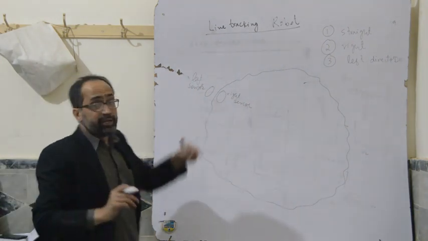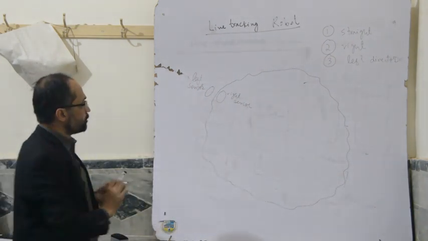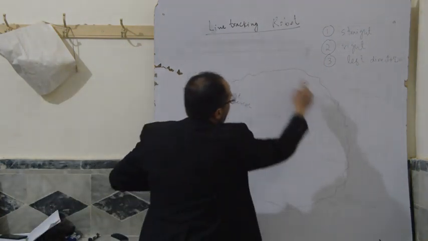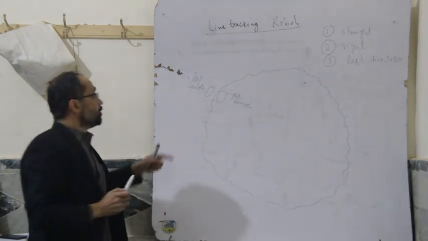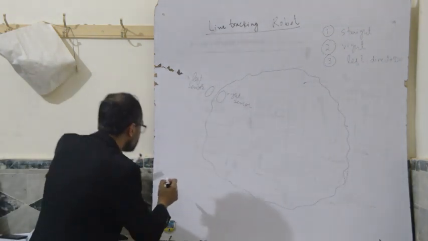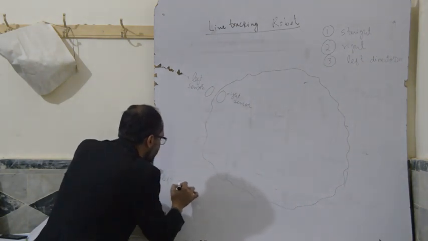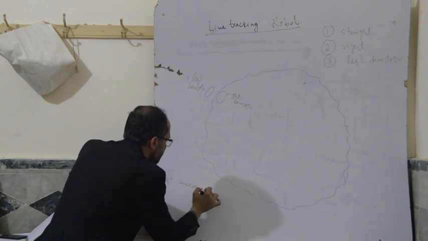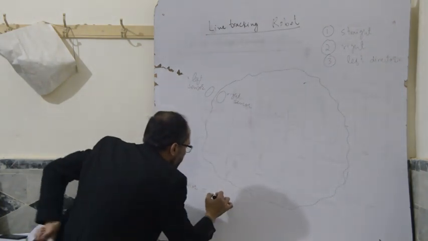So this sensor will differentiate between white and black background. Let's assume that this background is white and this line is black. So it means there are two possible conditions. So if the left sensor has a logical 1 value,